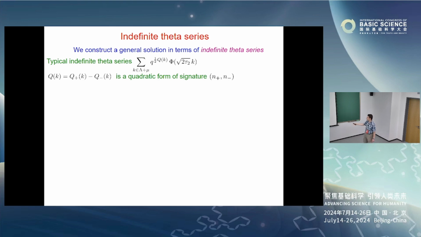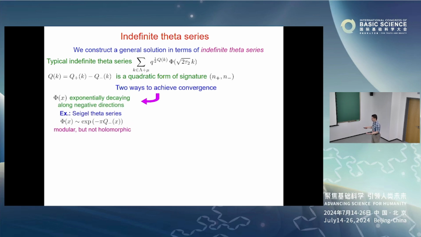Indefinite means that it has a split signature, some number of pluses, some number of minuses, and then generically I must also introduce a certain kernel, which depends on this lattice vector k. Now, if I don't introduce this kernel, then my indefinite theta series is just not defined because it diverges due to the presence of negative directions. So I do need some kernel which will ensure the convergence. And there are essentially two canonical ways to ensure this convergence. One way is to introduce some damping factor which will suppress these negative directions. So for example, I can introduce an exponential which depends on this negative part of the quadratic form,